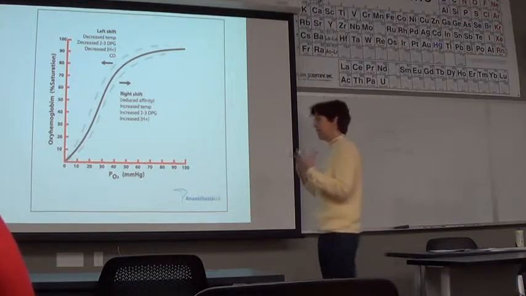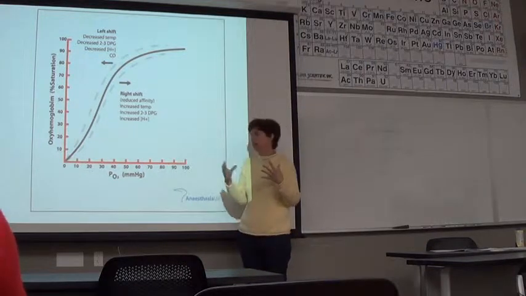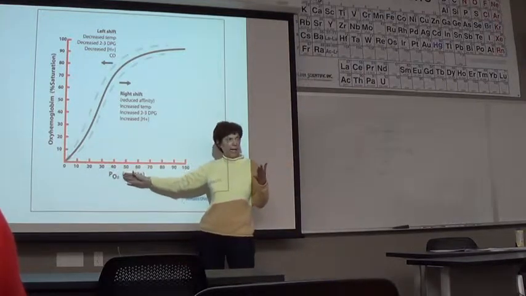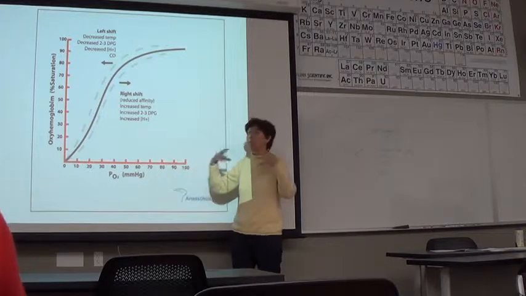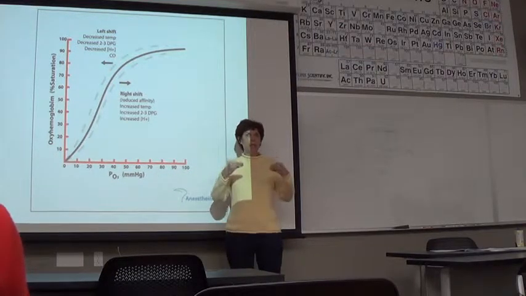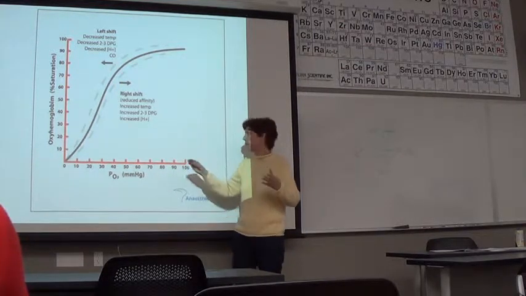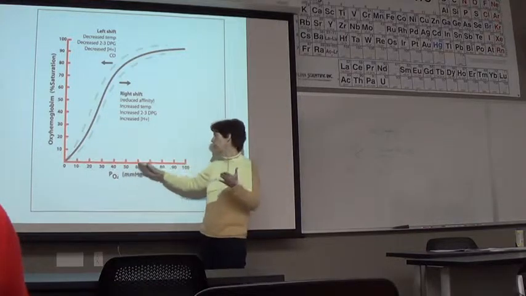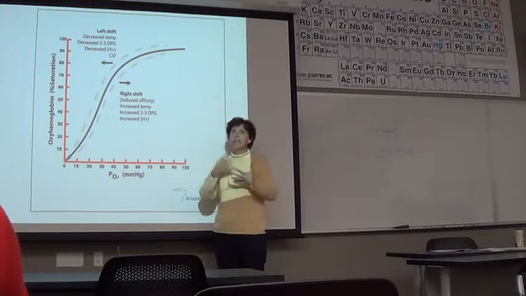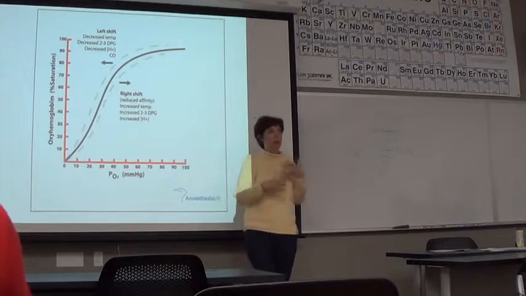But again, remember I said if that's a difficult concept, change it from a gas pressure to mentally a concept of individual molecules. So as we increase from a PO2 of 40 to 80, we're increasing the number of gas molecules dissolved in